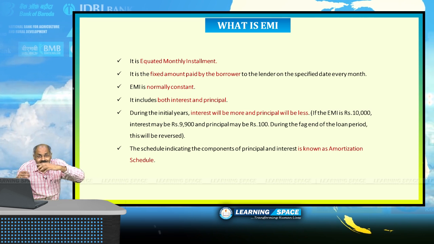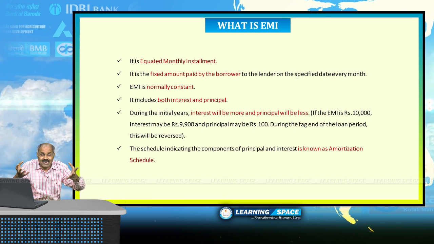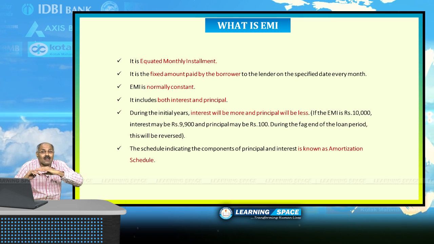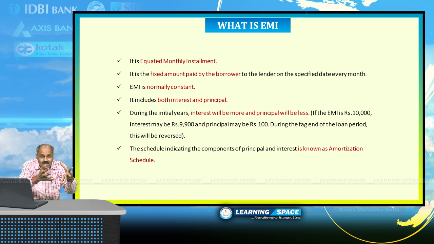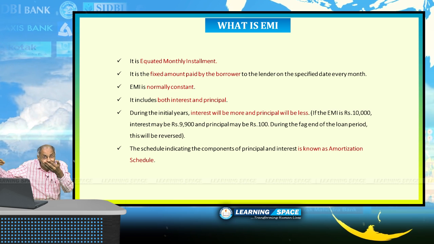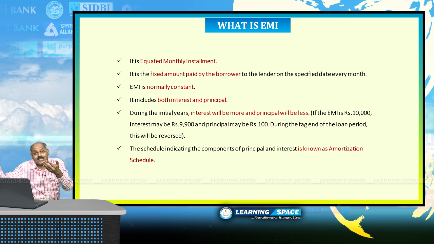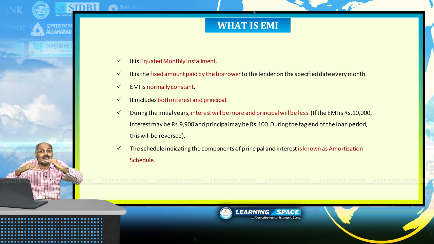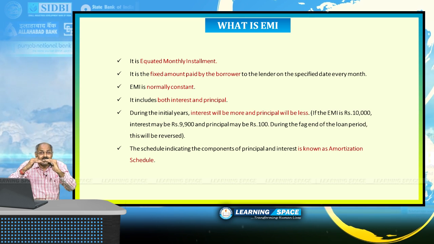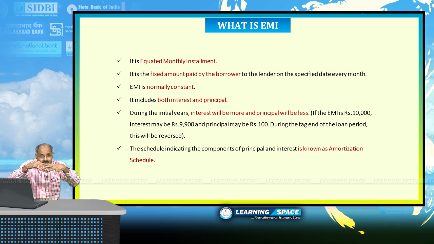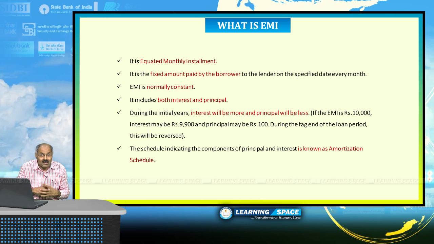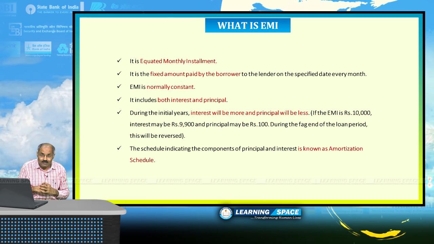But in case of floating interest rates, no one can anticipate the interest rate. That's why the interest rate may increase or reduce depending on the base rate. Here also EMI will be constant, and the period may vary. If you have taken a loan for 15 years, the period may become 14 years or 16 years, subject to the increase or reduction in the base rate. That means in floating interest rates, the interest rates will vary, due to which the period of repayment may vary sometimes, because normally EMI is constant, right?